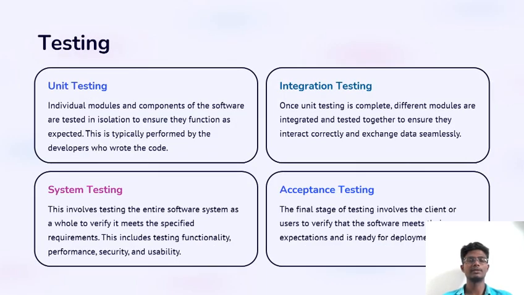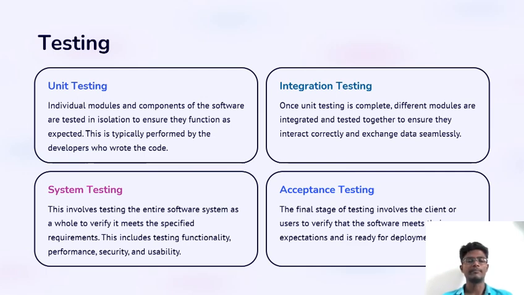In this phase, we will discuss testing. Unit testing. Individual modules and components of the software are tested in isolation to ensure they function as expected. This is typically performed by the developers who wrote the code. The next one is integration testing. Once unit testing is complete, different modules are integrated and tested together to ensure they interact correctly and exchange data